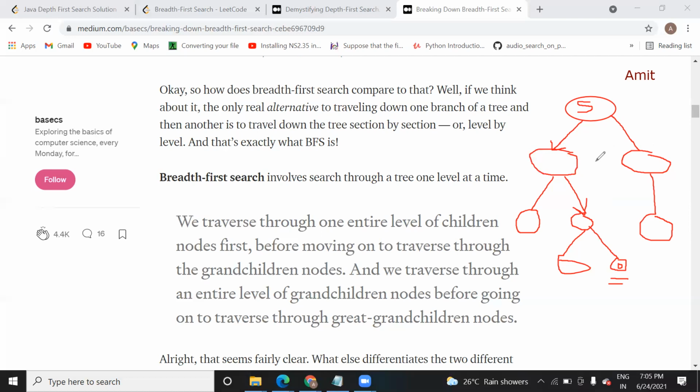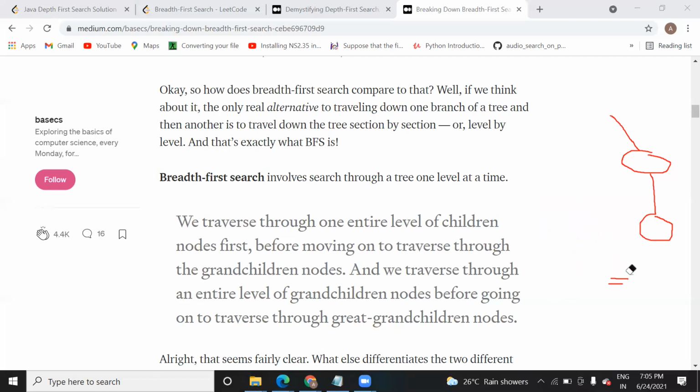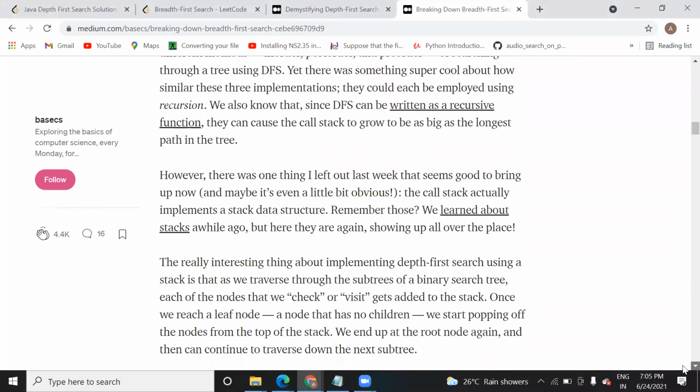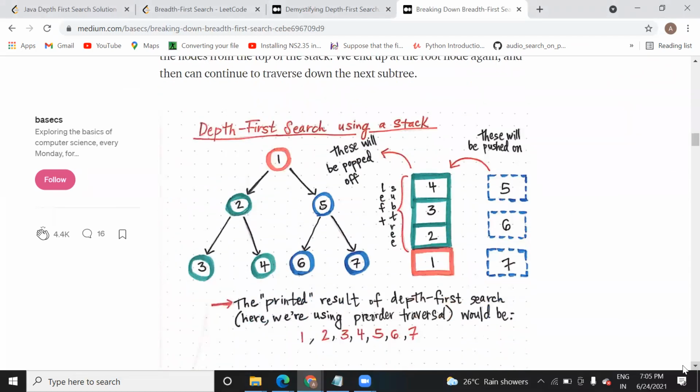Now, what is the difference between breadth first search and depth first search? That I am going to tell you. You know about queue and stack. I think I told you at the start, right? This data structure we will use in order to deal with depth first search.